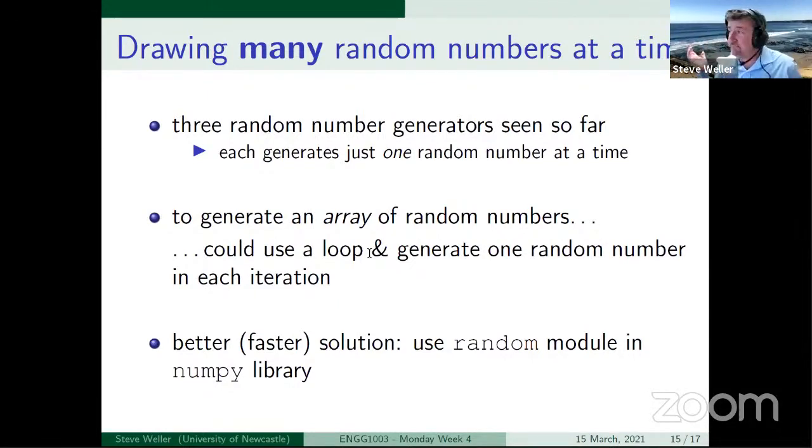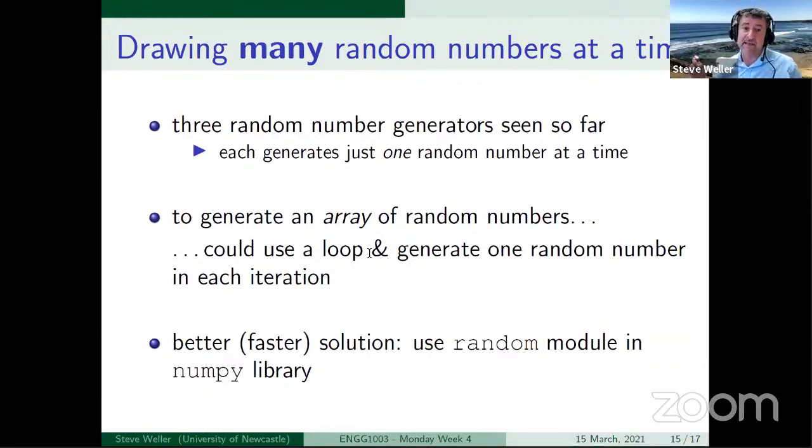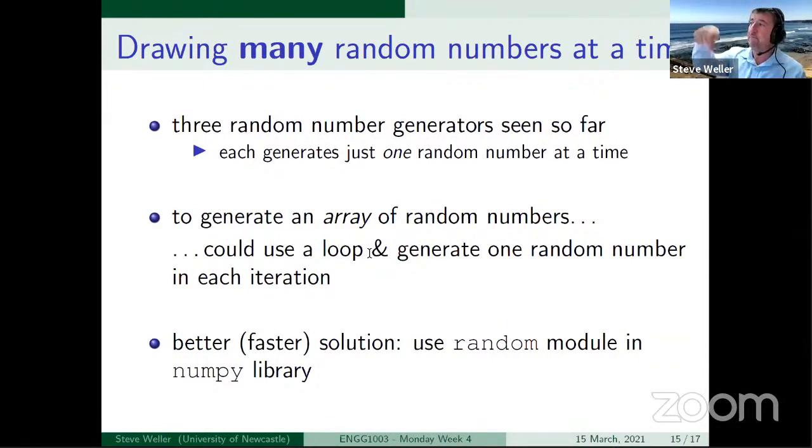That's really convenient when I generate small numbers of random numbers. If we want to generate an array of random numbers, we could create an empty array and then fill it one random number at a time using calls to any of those three random number generators, and that would be fine. It would work, but it wouldn't necessarily be fast.